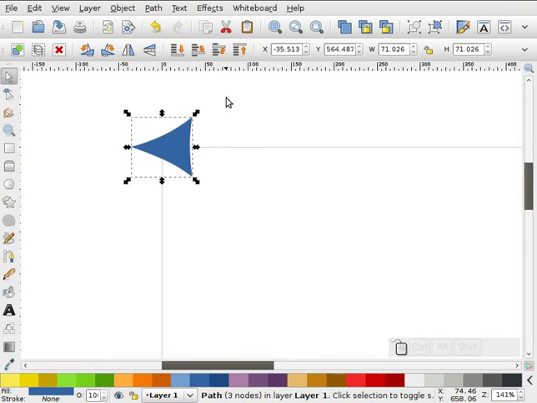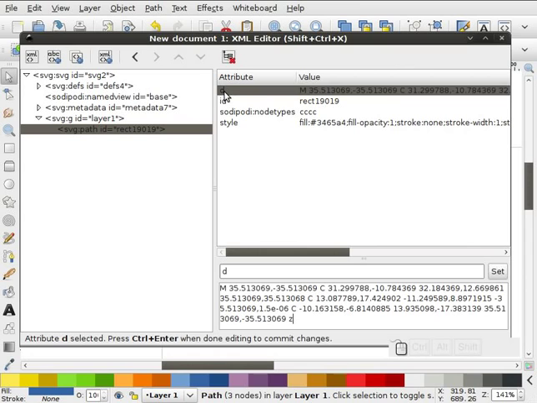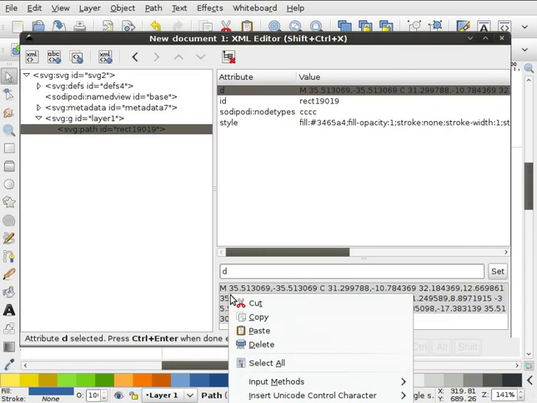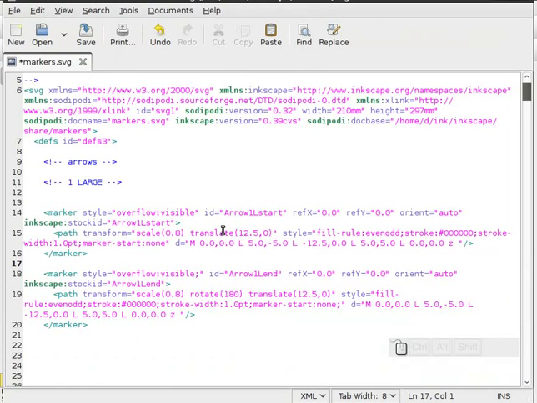to highlight this. We're going to go to our XML document viewer, and we can see the style here. Okay, so what I'm going to do is I'm going to highlight the D attribute, and I'm going to copy everything. I'll open up my markers SVG, and I'm going to find the D element here. Okay, now I'm going to carefully overwrite this element with my new element,